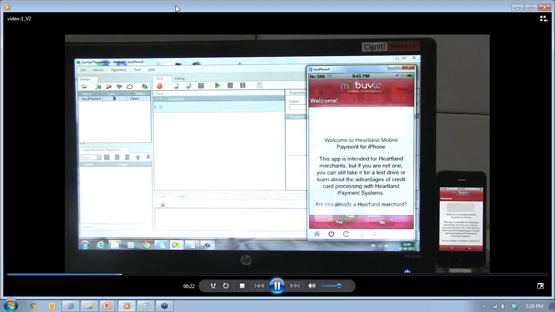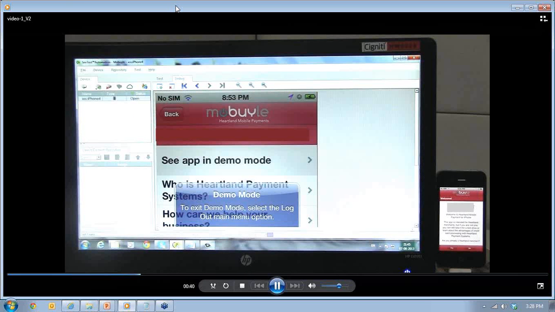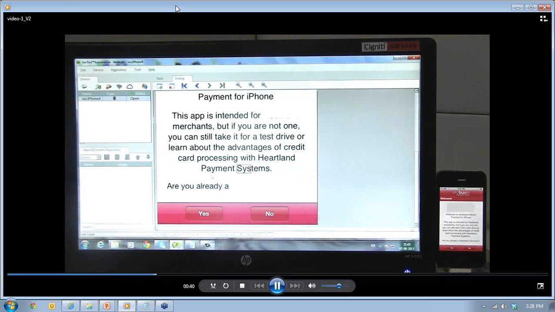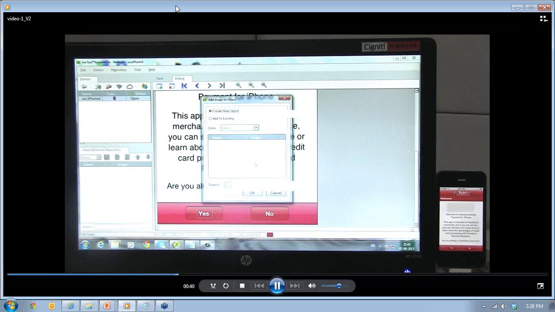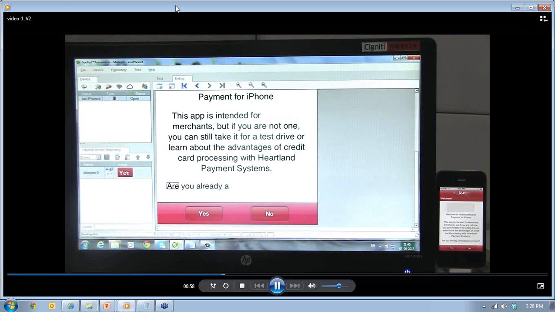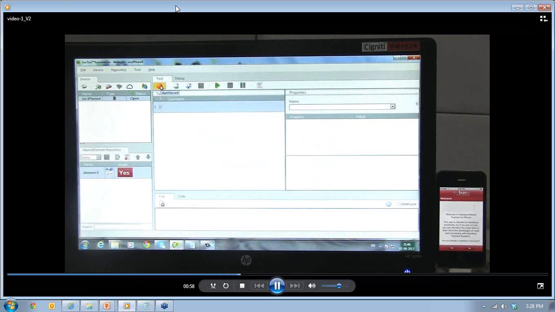So if you could see here, I've opened one small sample app, and I'm trying to create an object repository, a collection of images. So I'm capturing this yes image, yes as an object, creating that image and putting it into the repository. There are different types of methods. You can also have the text to be used for replaying back. If you see here on the left hand side, you are adding all your objects. This is how you create your object repository. Then you